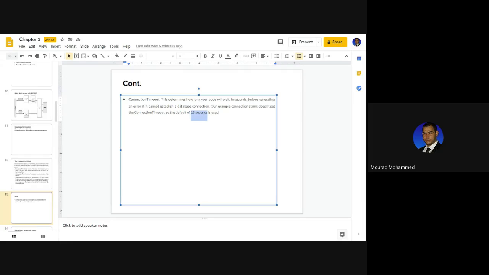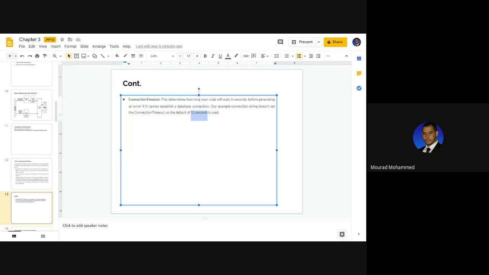This is by default. This is the period of time that ADO.NET preserves for you to maintain the two interfaces. The interface from the front-end solution, the ASP.NET, the ASPX ASP.NET solutions, to ADO.NET, and the second interface from ADO.NET to the back-end solutions. This connectivity would be alive for 15 seconds unless you modify that. And that means